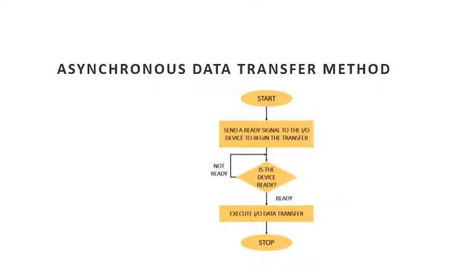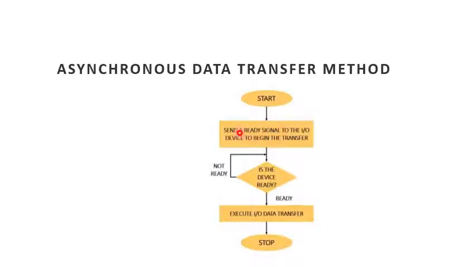We implement the asynchronous data transfer method using the handshaking policy. But how is this method applied and what happens next? Under the handshaking method, the microprocessor and the I/O device exchange a few signals before beginning the transfer of data between them. Let us understand the flowchart of the handshaking protocol.